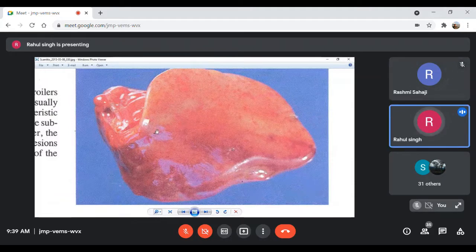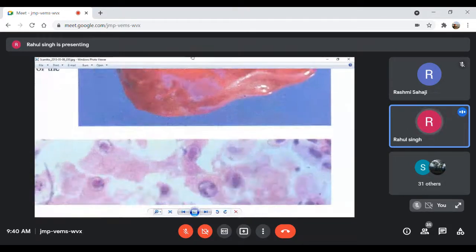This is a cut off lobe of liver, and you can see petechial hemorrhages over them, pinpoint hemorrhages over the liver surface. This part is congested and hemorrhagic, and this part is pale, necrotic, with presence of petechial hemorrhages. This is a very characteristic finding we get in inclusion body hepatitis, but confirmation is on the molecular test